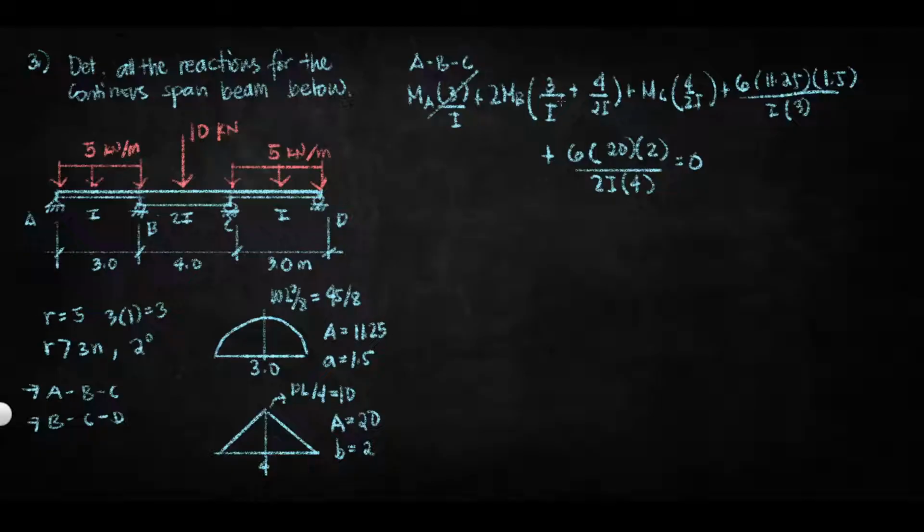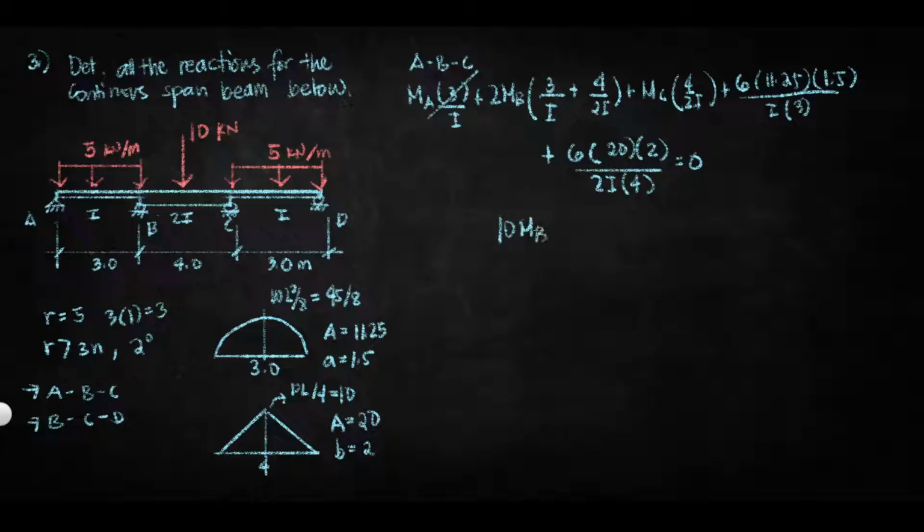So yung 3 over I is simply, you can say na 3 over 1. Kasi yung I, as you can see, makakancel yung I dito. Okay, so 1, and then yung plus 4 over, instead of 2I, I ilalagay natin. So 3 over 1 plus 4 over 2. So 5 ilalabas times 2. So 10. So we have 10